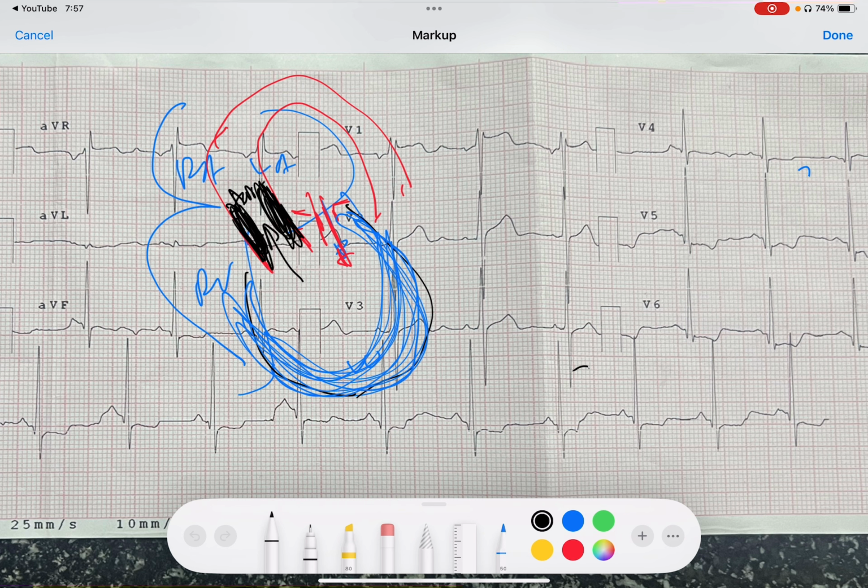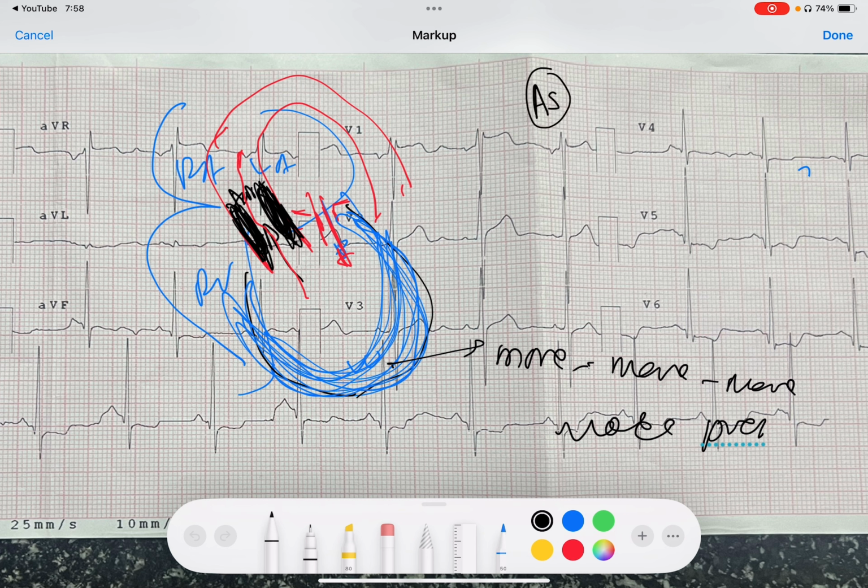If there is obstruction to the aorta, the LV will have to put more and more pressure to make sure that the blood goes from the left ventricle outside into the aorta. So why can there be obstruction to the aorta? Simple thing: the patient may have aortic stenosis. It can be subvalvular aortic stenosis or valvular aortic stenosis. In short, we call it left ventricular outflow obstruction. Left ventricular outflow means the aorta.